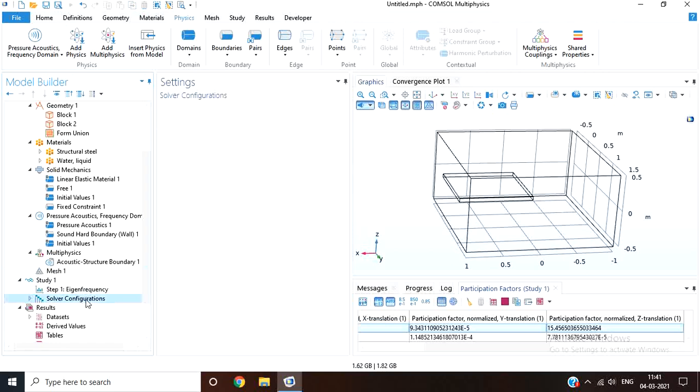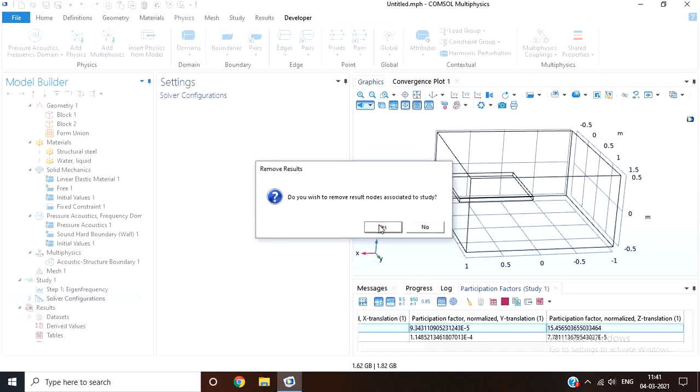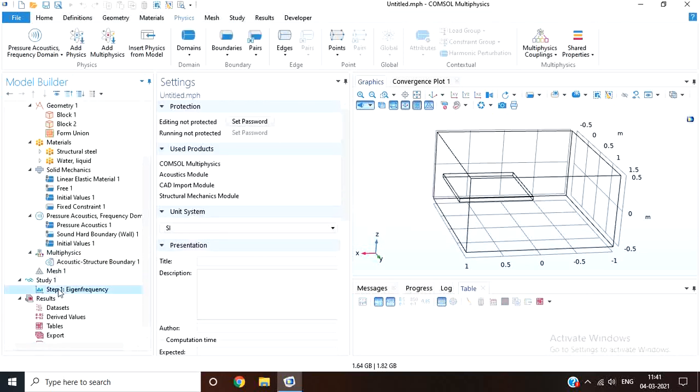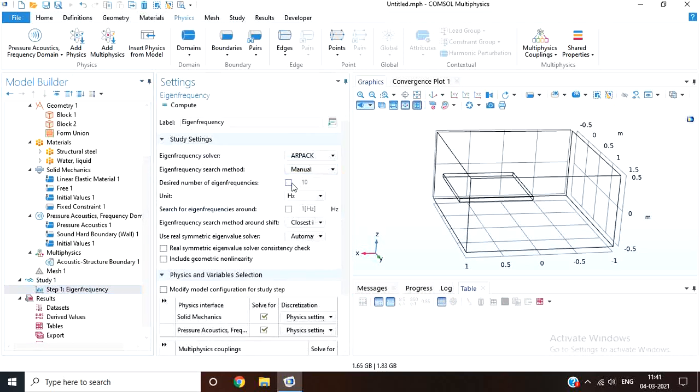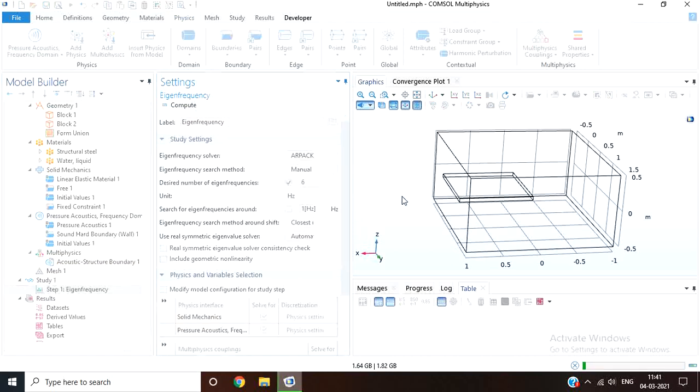Now next we have to delete the solver configuration, and now let's compute the eigenfrequency for first 6. Since you have complicated your model, you have added the water, you have made the model much bigger than the first one, computing will take much more time.